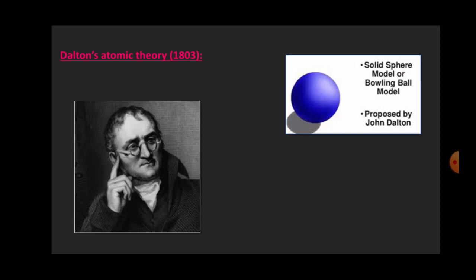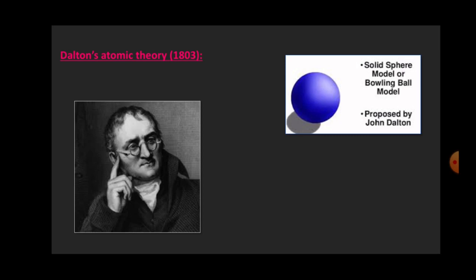All atoms of an element are alike, while different elements have different atoms with different mass. Now suppose we have hydrogen. Hydrogen is made up of only hydrogen, right? Chlorine is made up of only chlorine. So it is the smallest unit which cannot be further divided into still smaller units, and it has all the